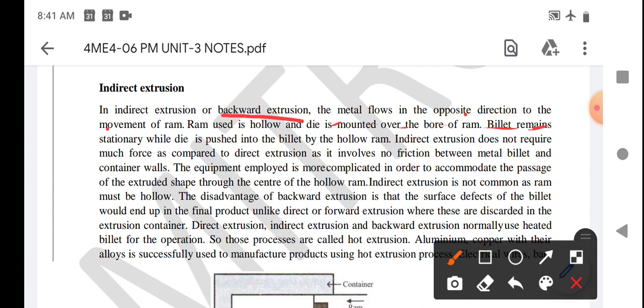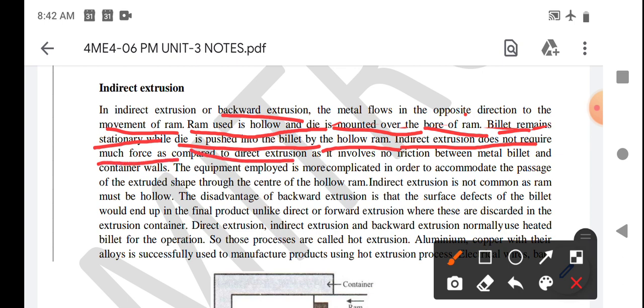Opposite direction to the movement of the ram. The ram is hollow and the die is mounted over the bore of the ram. The billet remains stationary when the die is pushed into the billet by the hollow ram. Indirect extrusion does not require as much force as direct extrusion, as it involves no friction between the metal billet